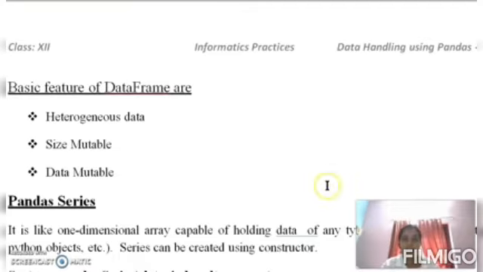And size mutable. Size means the number of elements in the data structure. Size mutable means if we created a data frame with size 5, we can change the size as we wish. Mutable means we can change the size. Data is also mutable.